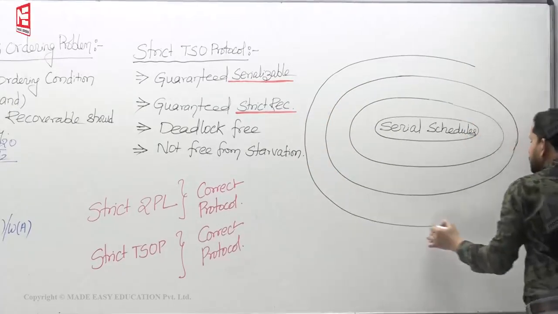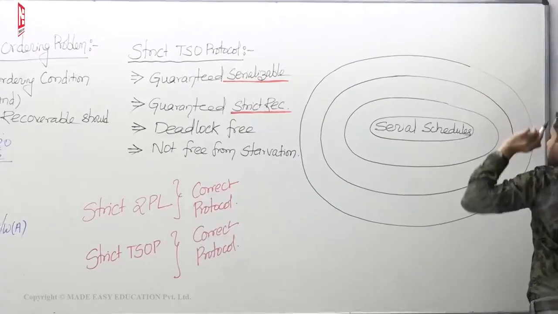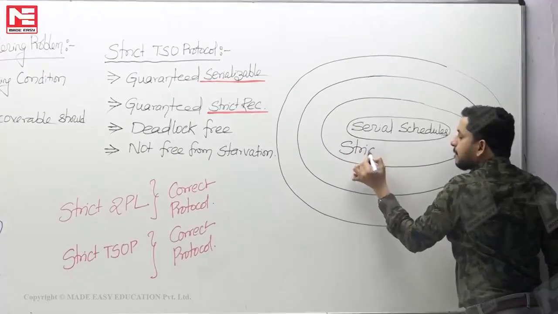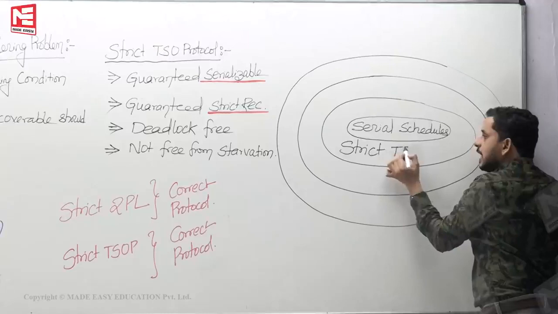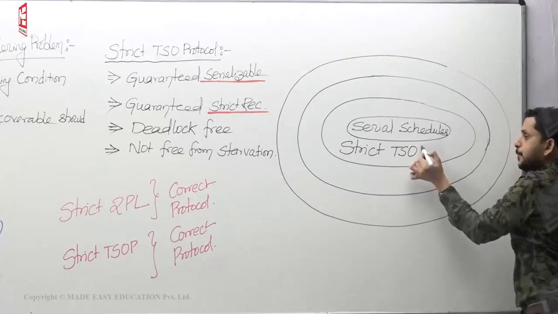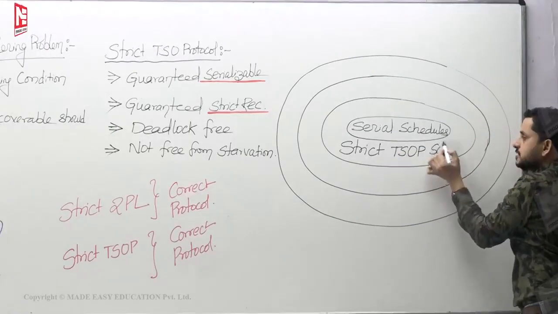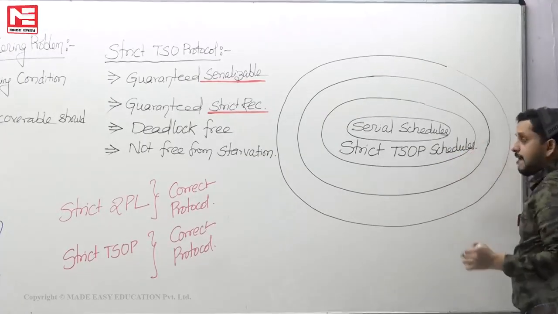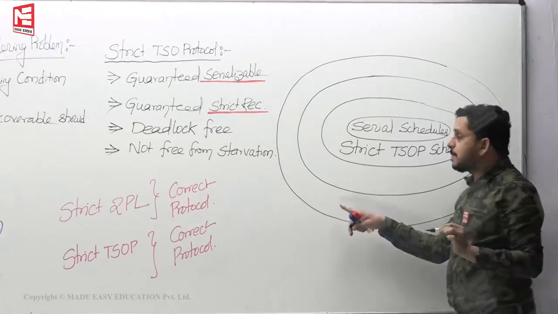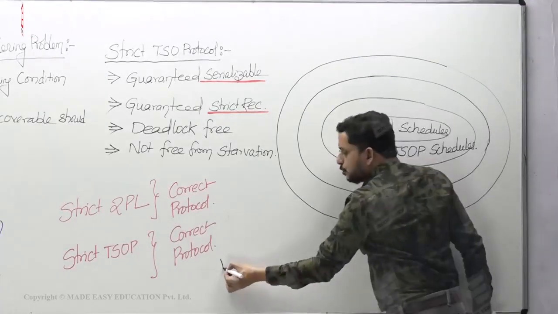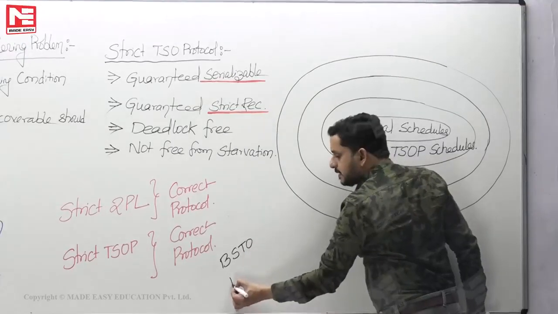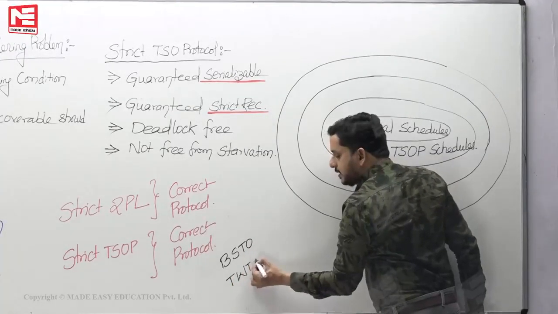So out of these three, the most restricted is strict timestamp order, the strict timestamp ordering protocol schedules. Among basic timestamp order and Thomas Write rule timestamp order: